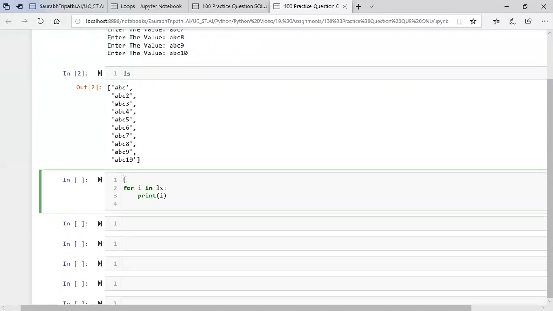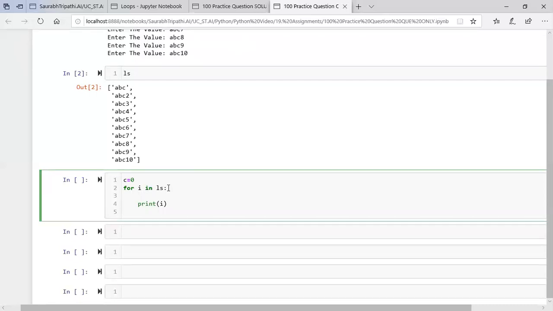Say C. Simply C is my counter. I'm taking it from 0. I will first increase the value of the counter every single time. Then I will use the counter too. Let us make it differently. I will simply use line here.